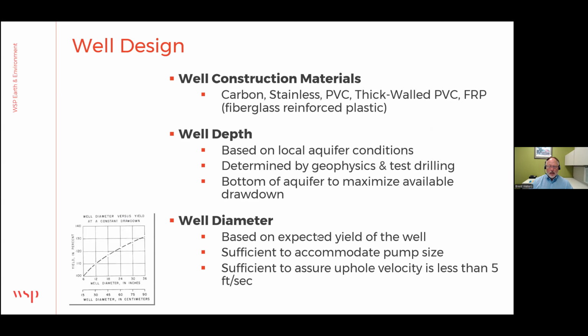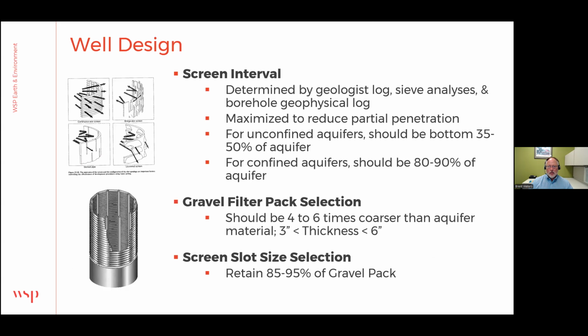Well diameter is determined primarily by the expected yield of the well, and must be sufficient to accommodate the pump, and sufficient to reduce entrance and approach velocities and uphole velocities. All those things are pretty important in developing an efficient well. Screen interval is determined by the geophysical log. You maximize your screen to reduce partial penetration,